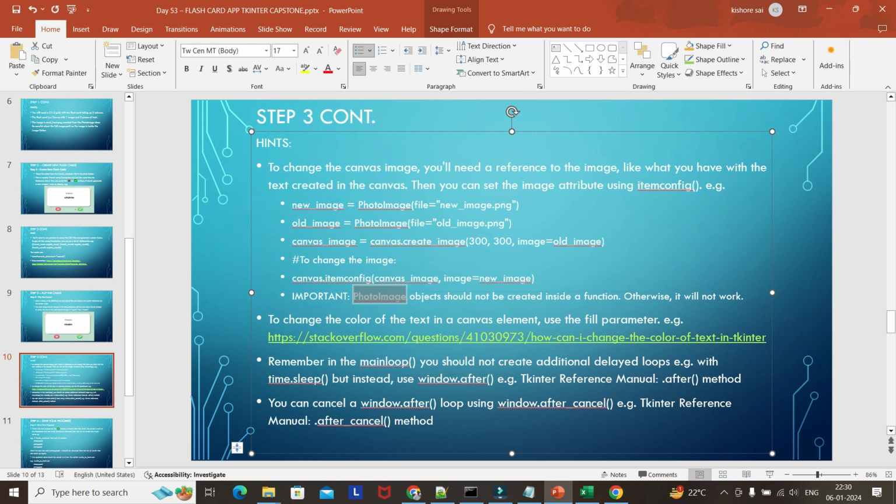So this is the link for how to fill the parameters inside the images. This we have already seen. We should not create delayed loops like a while loop or time.sleep, which we already used inside